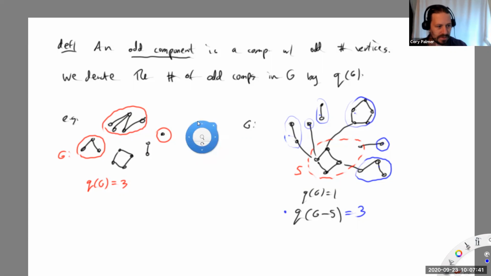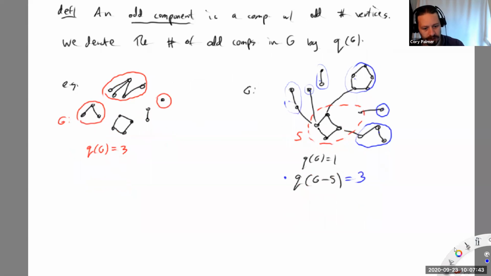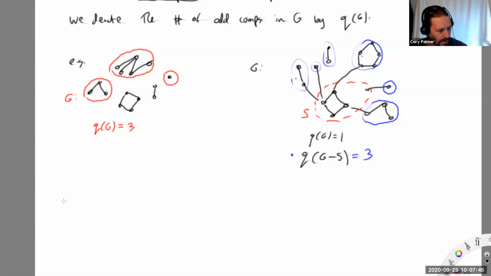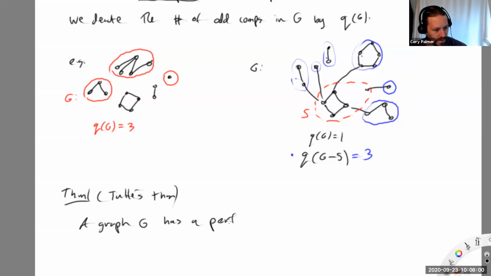So we're going to have a condition that may remind you of Hall's condition. Okay, so the theorem is, and this is Tutte's theorem, an important graph theorist: a graph G has a perfect matching